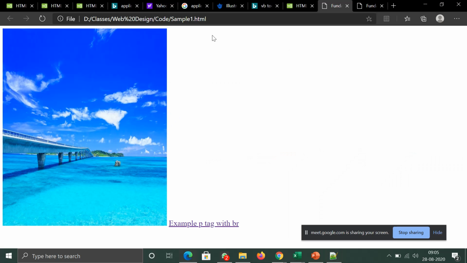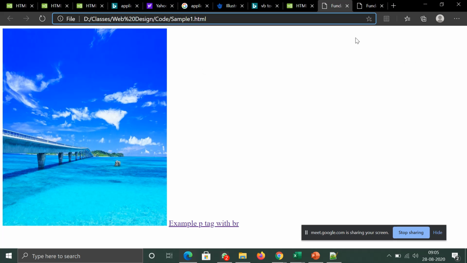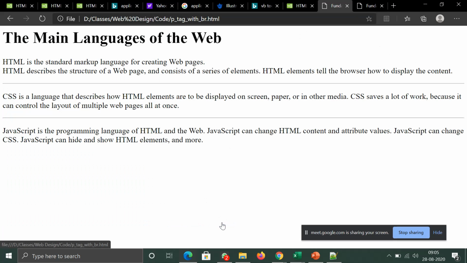Since this file is located in this location, this entire path name has been prefixed to it. Now when I click this, automatically this particular page is being loaded here itself.